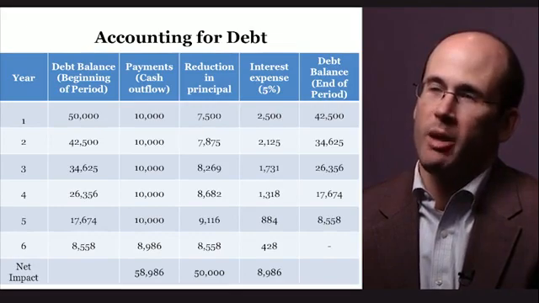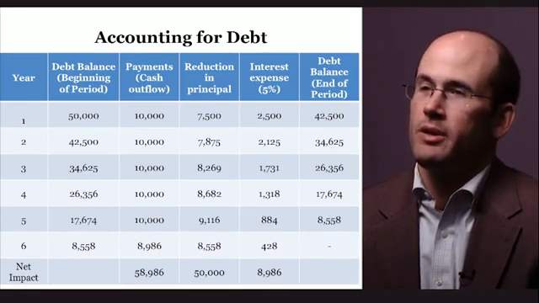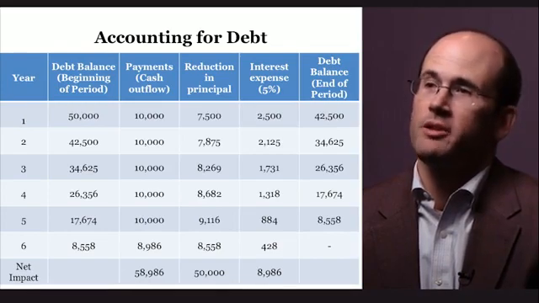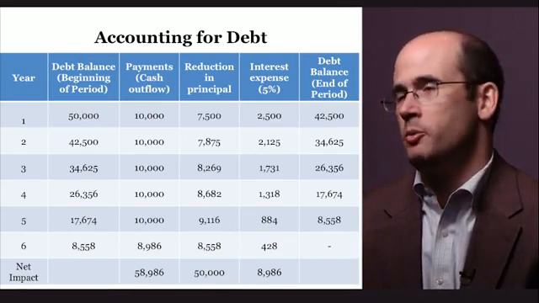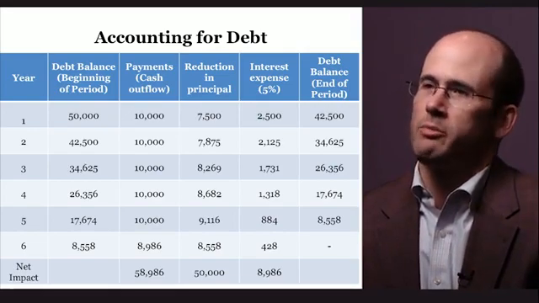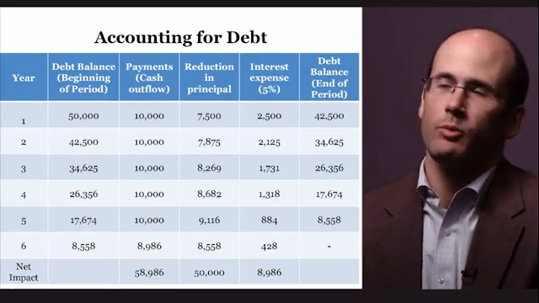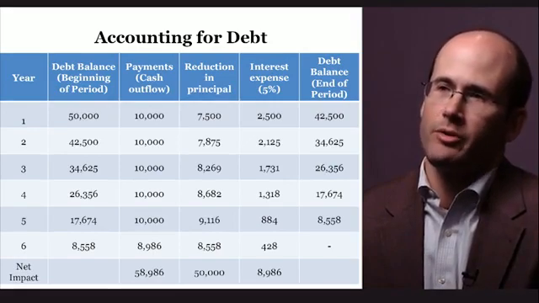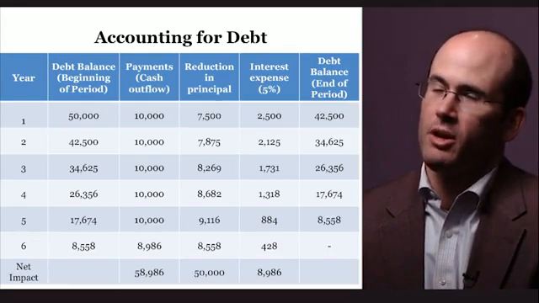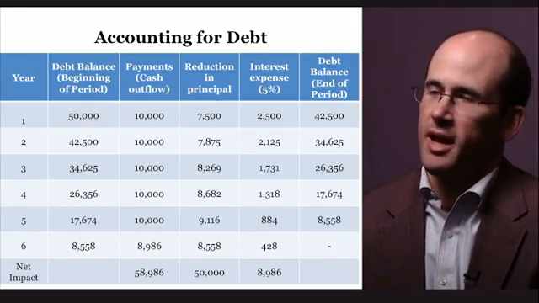So therefore, when I pay $10,000 for the year, $7,500 of that will reduce the principal outstanding, and $2,500 will be recognized within the statement of activities. Now this is very important because remember the cash flow statement. That reduction in principal for $7,500 is a cash outflow from financing activities, whereas interest expense is a cash outflow